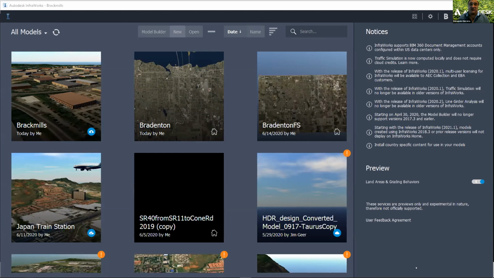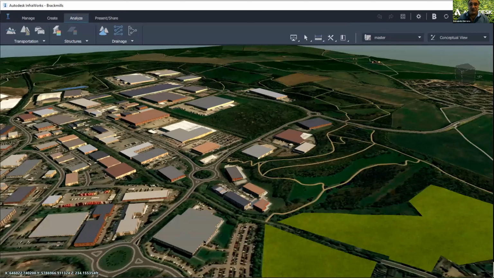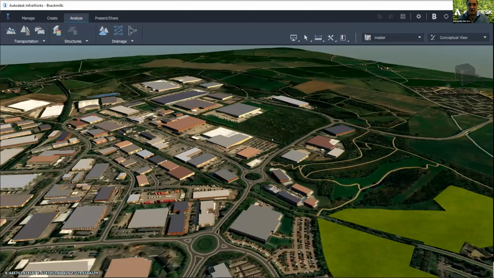The same procedure is valid in, we've done many cases for airports, for retail stores, for reopening schools, office buildings, hospitals, and even mass transit, okay? So if you're familiar with InfraWorks, you just build a model of what you're interested in. If you don't have the data, you can automatically select a part of the world where it is. It's going to give you the basic configuration, where you can import the model that Shannon was